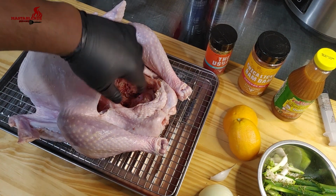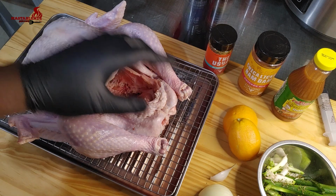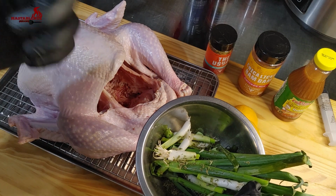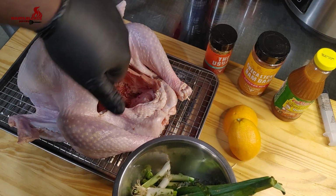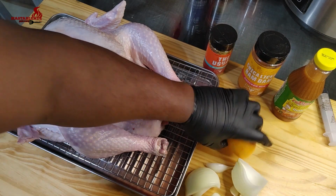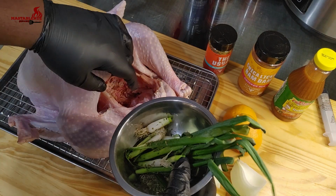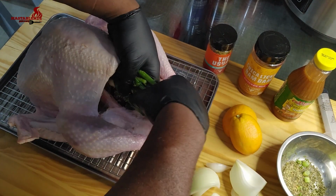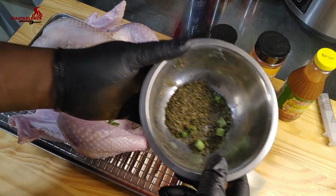So inside the cavity, I normally use a poultry blend. Once again, they didn't have none. So I did have some leftover green onions. I got some dried rosemary, sage. I even threw some parsley in there and some thyme. We're gonna shove that in there along with an onion that I chopped up and an orange. So since I have dried products, I'm gonna go ahead and stuff this inside. As you can see,